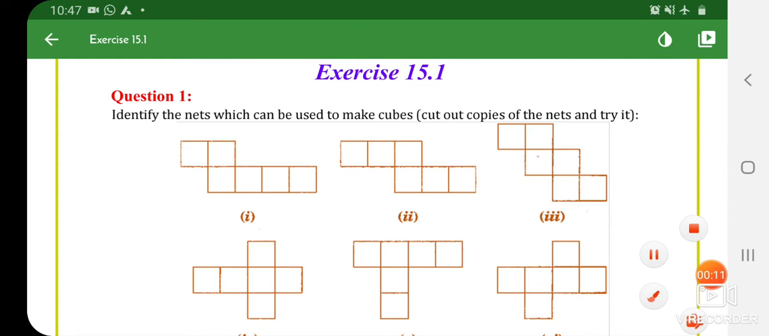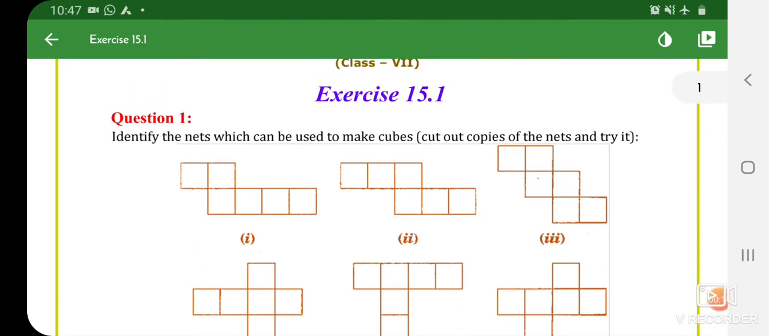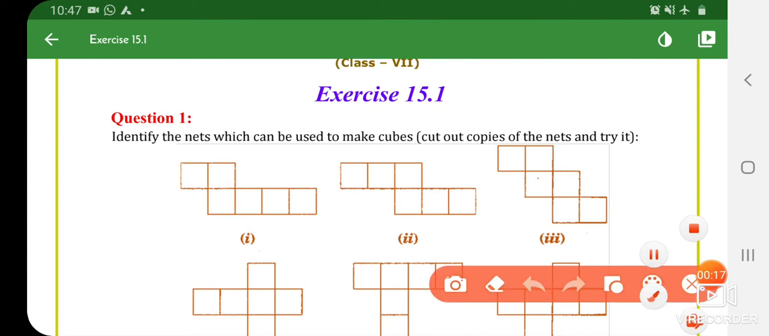So, in exercise 15.1, question number one. The question is: identify the nets which can be used to make cubes. Cut out copies of the nets and try it. So, in this question, you have to make